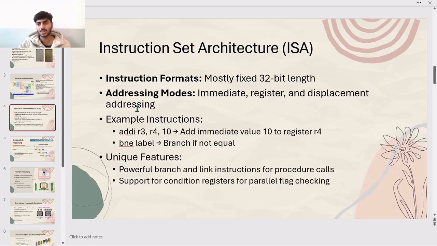Power uses fixed 32-bit instructions and supports immediate, register, and displacement addressing. For example, addi R3, R4, 10 will add the value of 10 to the value in R4 and store it in R3. It also has powerful branch and link instructions for function calls, and condition registers for parallel flag checking and improved